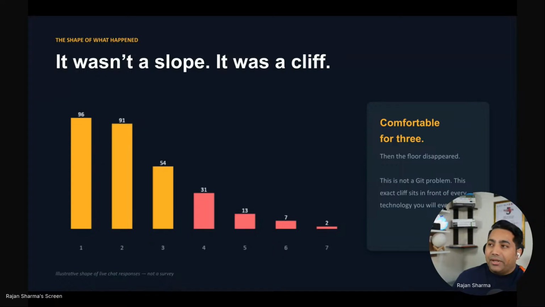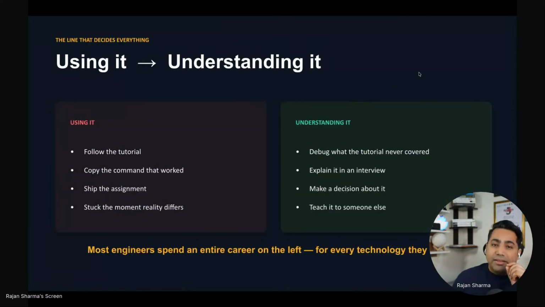So it has two parts. If you look at the graph, we call it yellow as left, and pink or orange, what it looks like on the screen, is on the right. Now, no matter what technology you pick, Kubernetes, Docker, SQL, Python, whatever comes in the next year or in the future or in the past, the slope will be there. Now, if you think more about it, then what is the meaning of it?